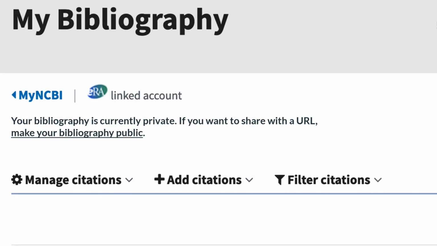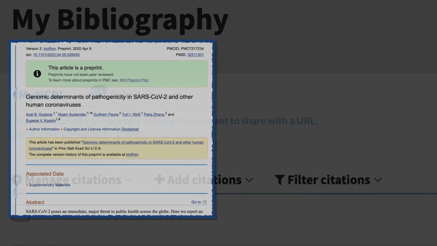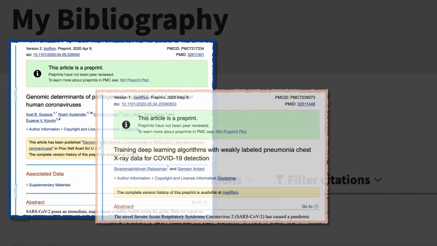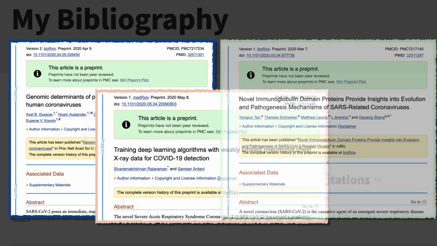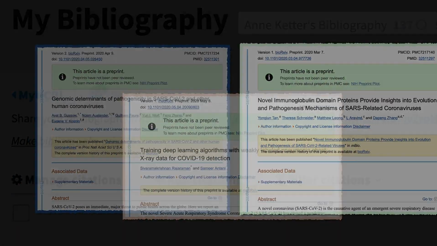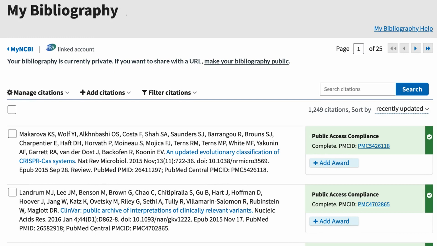This video demonstrates how to add preprint citations to MyBibliography. The National Institutes of Health encourages investigators to post preprints to public repositories in order to speed the dissemination and enhance the rigor of their work. And it's now easier than ever to add preprint citations to MyBibliography, and when applicable, claim them as products of NIH funding. Start by clicking on Add Citations from the MyBib top-level options and selecting Manually.